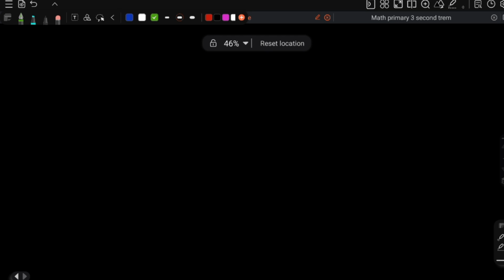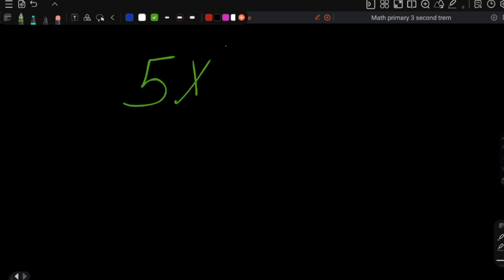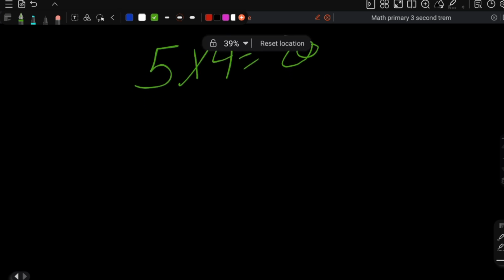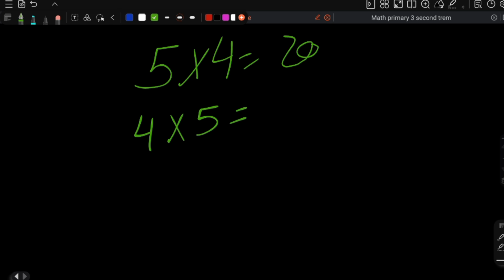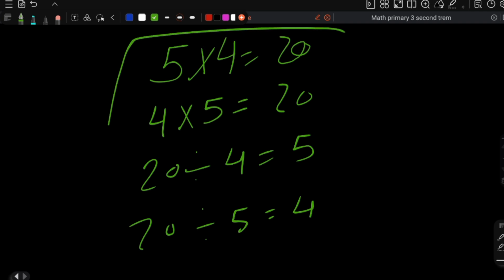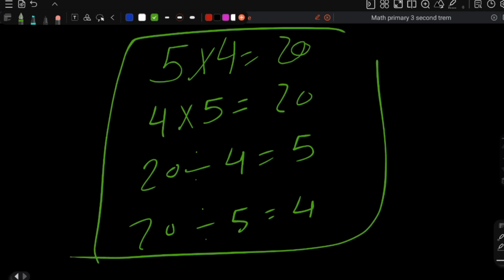So if I give you 5 times 4, you will say 20. If I ask you about the fact family, you will say 4 times 5 equals 20, and 20 divided by 4 equals what? Yes, exactly 5, and 20 divided by 5 equals what? 4. So these are the 4 equations of the fact family. Let's go to the problems